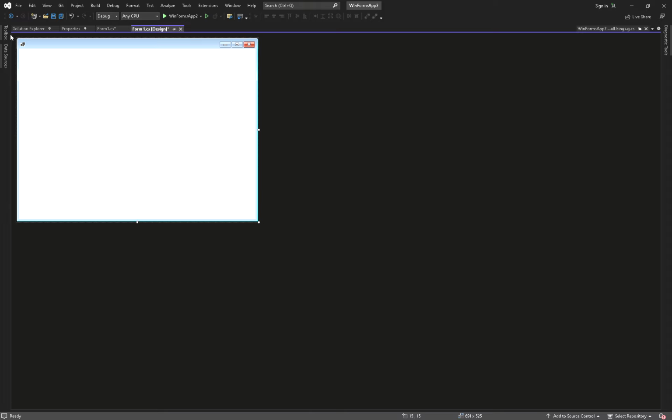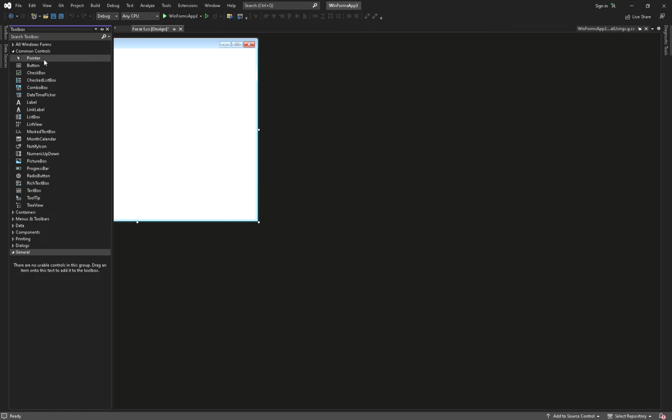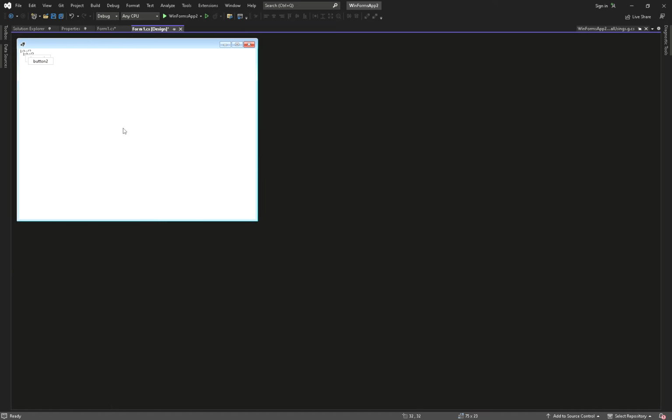Then we will click the toolbox. We will add 2 labels and 3 buttons. Everything's kind of stacked on top, so you might want to get them one by one. We'll go with this size, it's okay. Nothing's going to be